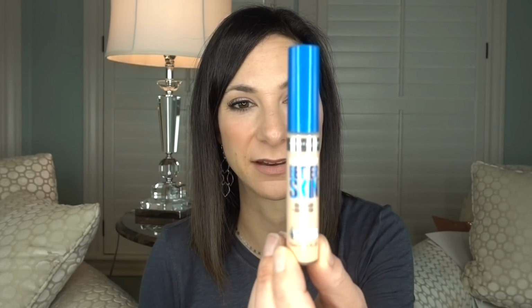Then for my concealer, I really had a hard time with this because I love the Maybelline Age Rewind concealer, but I have been loving this Better Skin concealer. It is such a nice everyday concealer. I pop it under my eyes, I blend it with a brush, it gives nice coverage, it brightens, and I really, really love it. It's a tiny bit more coverage than the Maybelline Age Rewind, which is why I chose